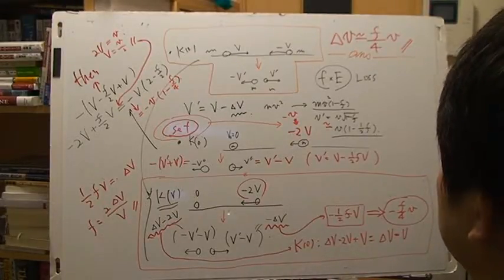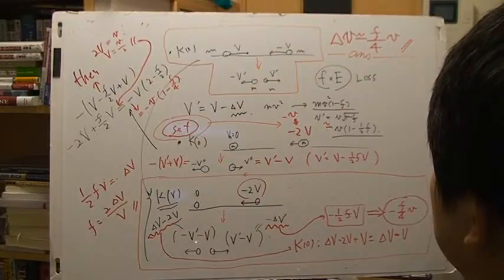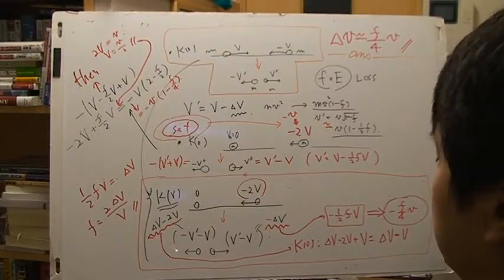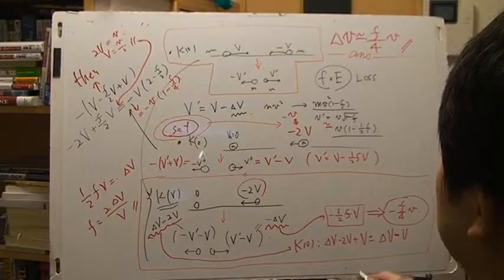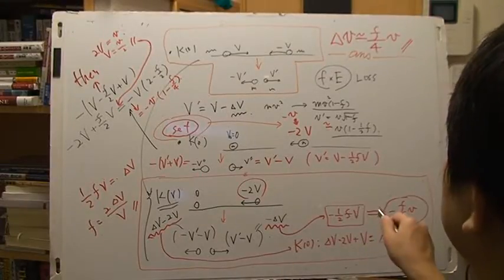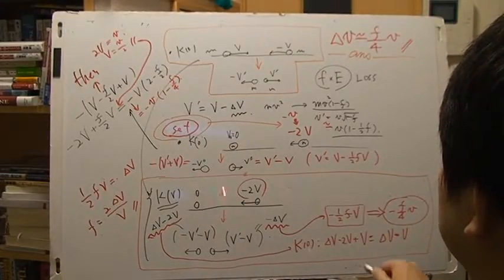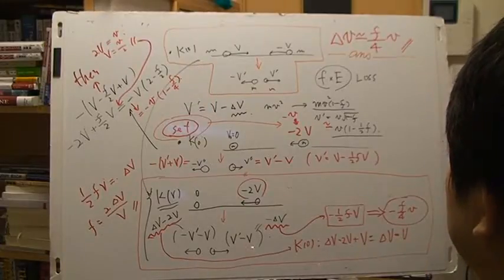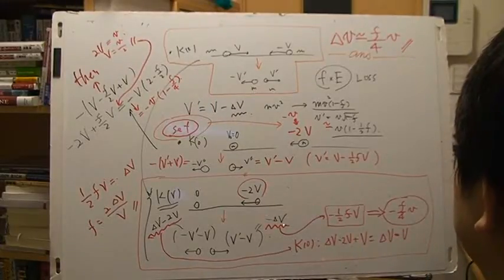In coordinate kv, after the collision, each velocity is like this: minus v prime minus v, and v prime minus v, and v prime is v minus delta v, so this is minus delta v